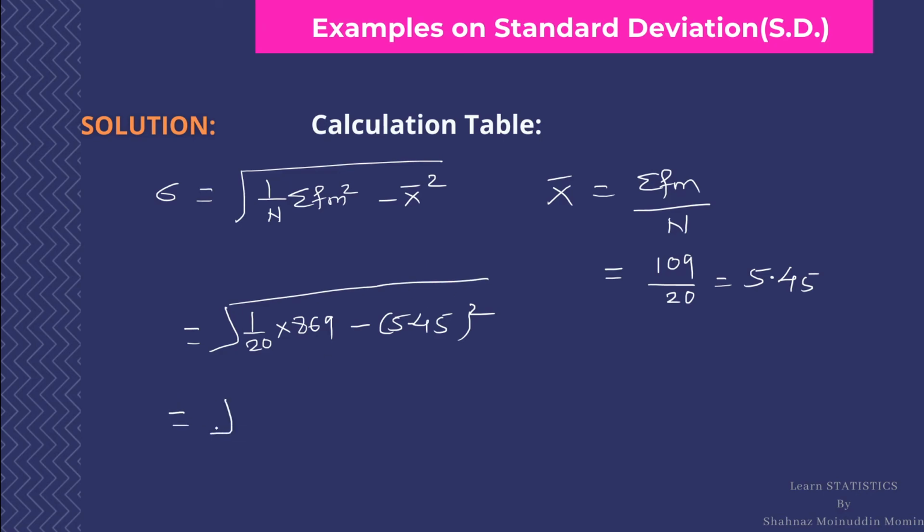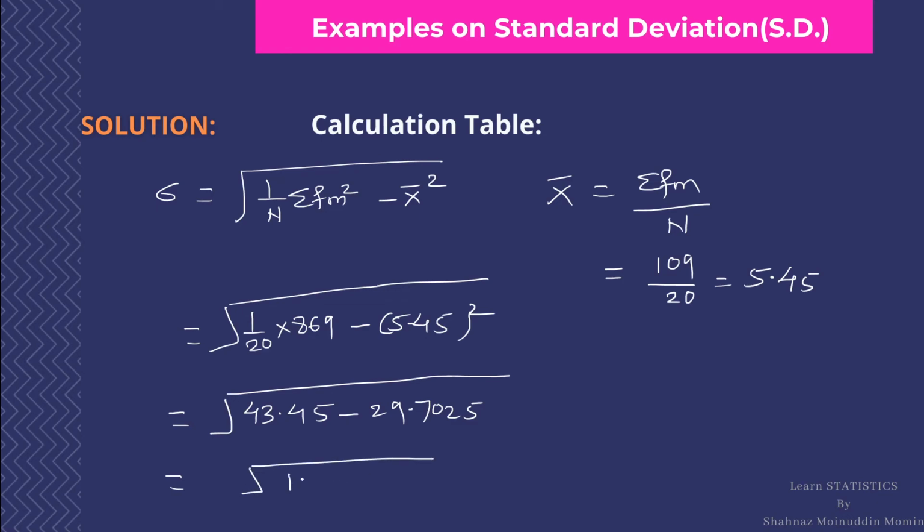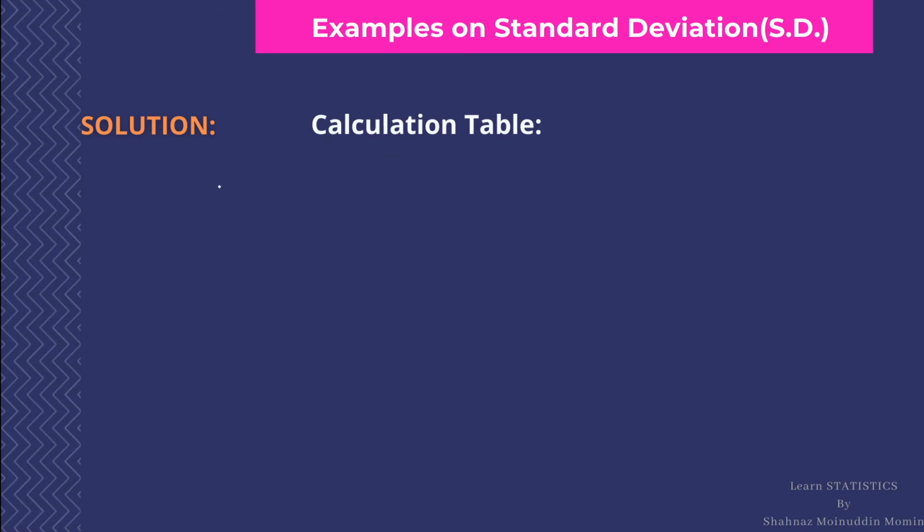which is equal to 43.45 minus 29.7025, and it is equal to under root 13.74. Take the square root, then sigma is equal to 3.708. Its relative measure, known as coefficient of